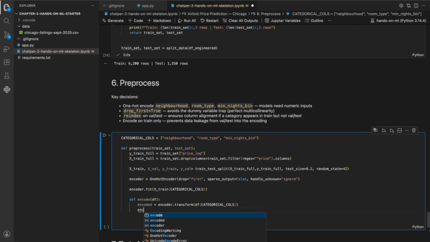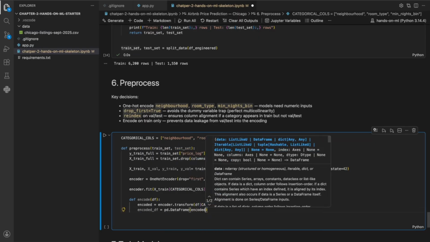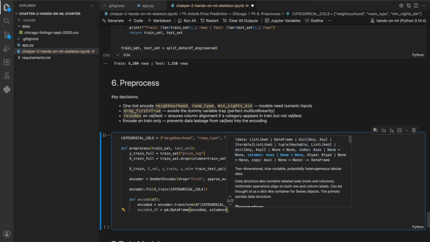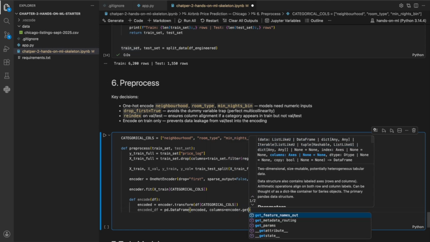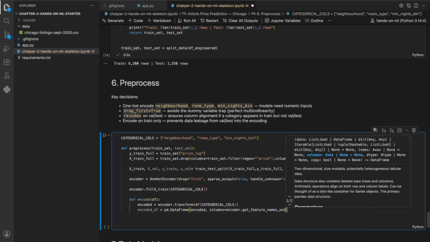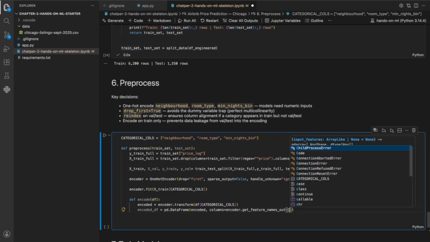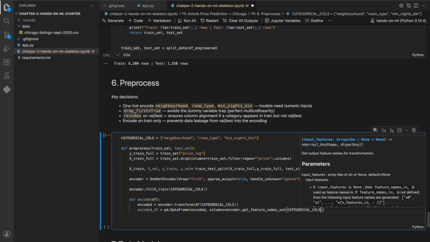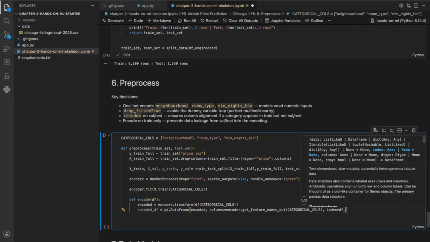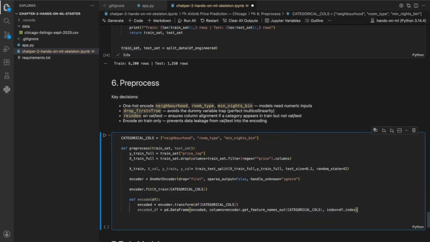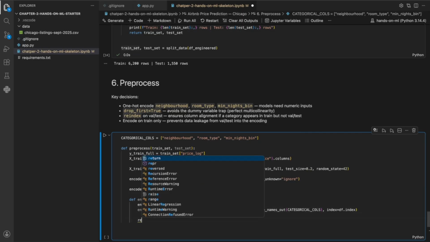And then encoded_df is equal to pd.DataFrame of encoded, columns equal to encoder.get_feature_names_out of categorical columns, and we're going to say index is equal to df.index, and we're going to return